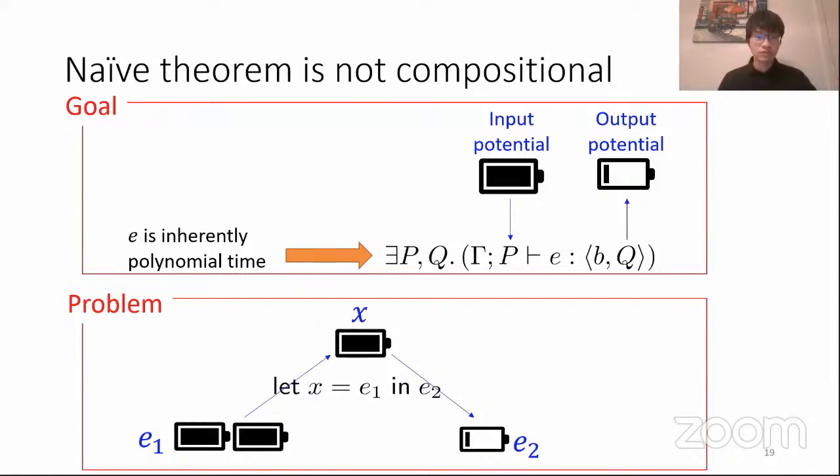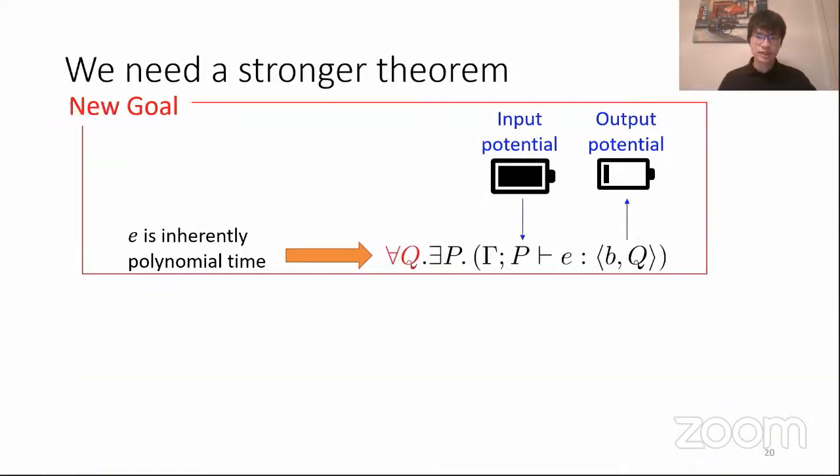Therefore, in order to prove typability of the whole let binding, the leftover potential in X cannot be arbitrary. It must be at least one battery. However, at present, the theorem doesn't let us specify the output potential Q. The theorem only states that some Q exists. Therefore, we need a stronger theorem where Q is universally quantified, and for each Q, there exists some suitable input